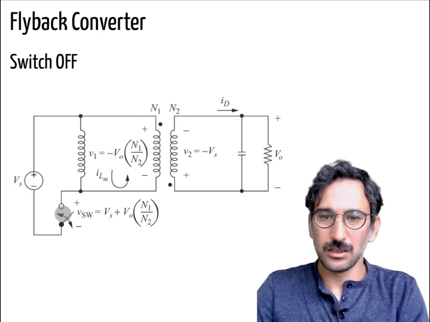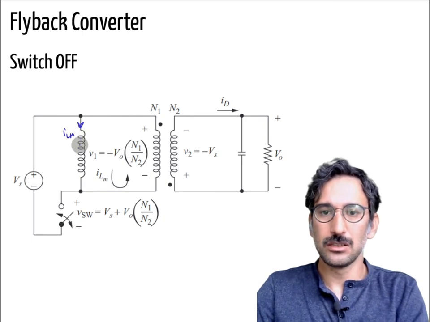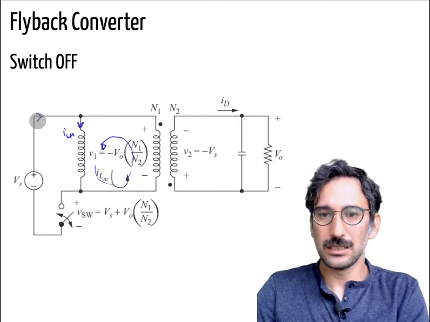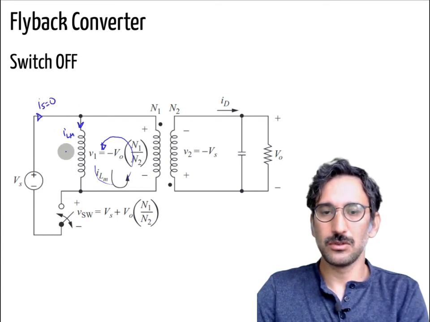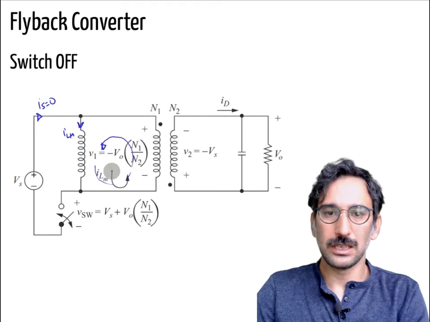If I turn off that switch, now I have some current in that ILM. That current would like to flow that way, but that way is off, so it cannot go that way. Instead it will go like that. And from that source you are not taking any current because it is off. In the on cycle you charge your inductor, so now that inductor current would like to flow in that direction, ILM, and that will induce a secondary voltage in that way,